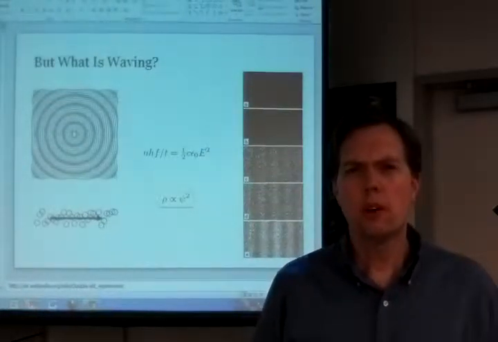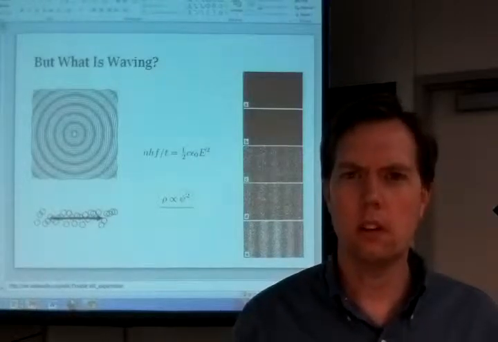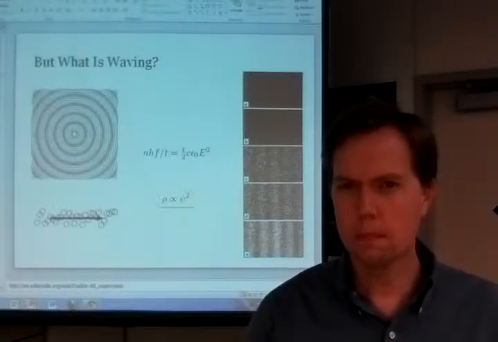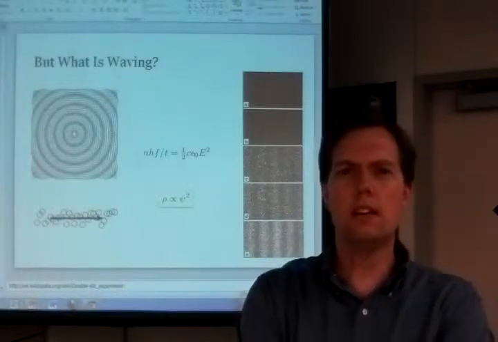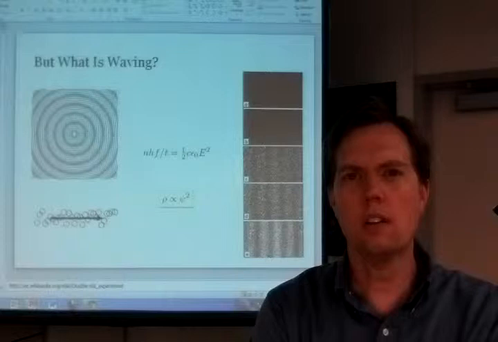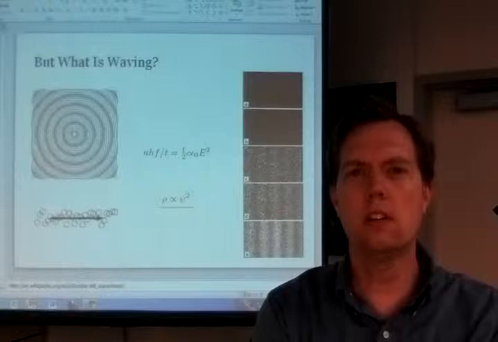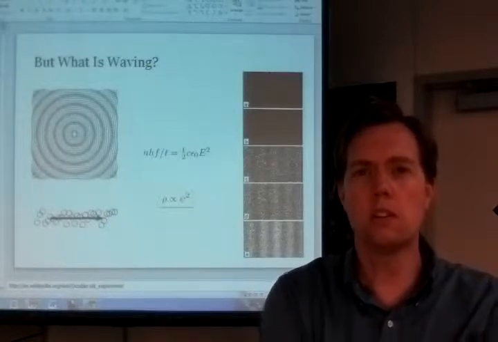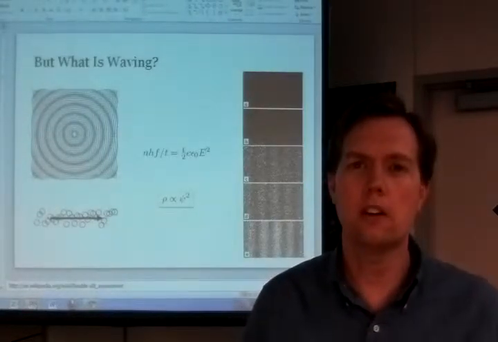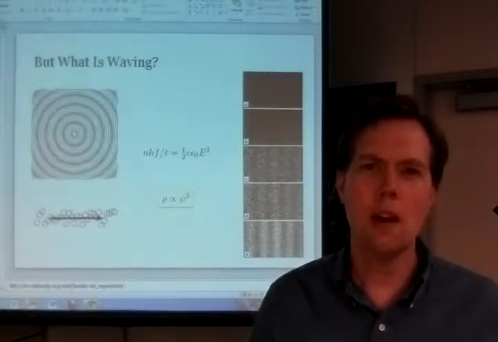Hi everyone. So this is a question that may be bothering you. What is actually doing the waving when we talk about an electron wave? However, I found that if you're willing to set aside the fact that the electrons, the elementary particles, are in fact particles, and think of them entirely as fields that have wave motions associated with them, then a lot of this quantum mechanics is quite a bit easier to understand. However, that really does throw away some elements that